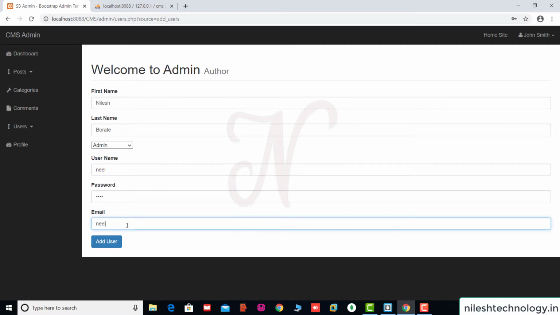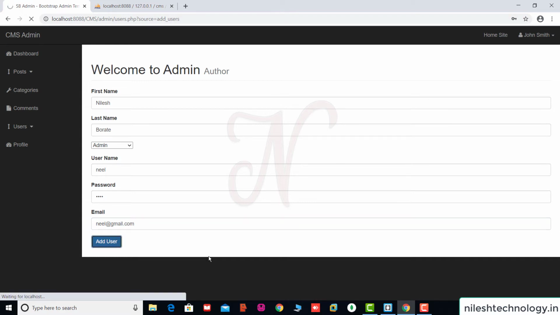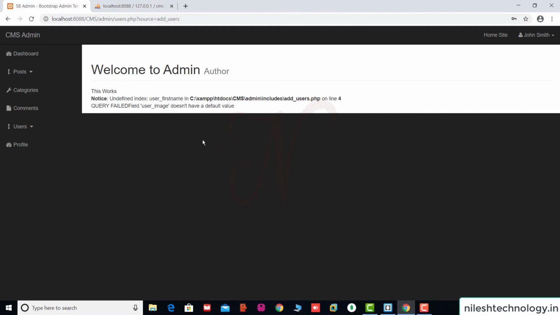Email ID is neil@gmail.com. Add user. This is a syntax error: user image doesn't have a default value. Query fail.